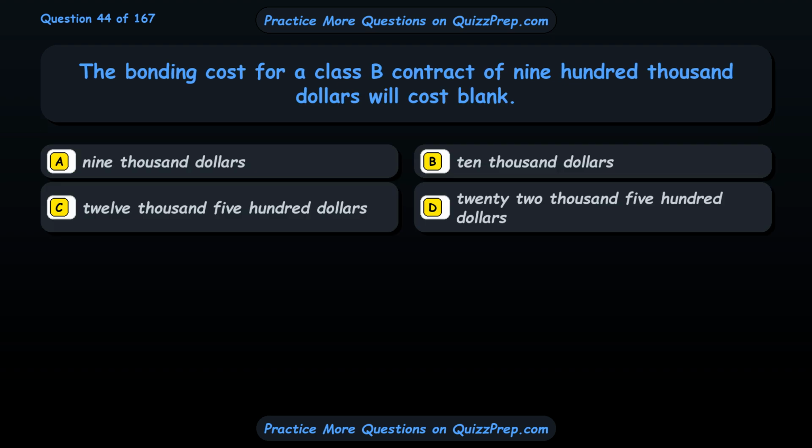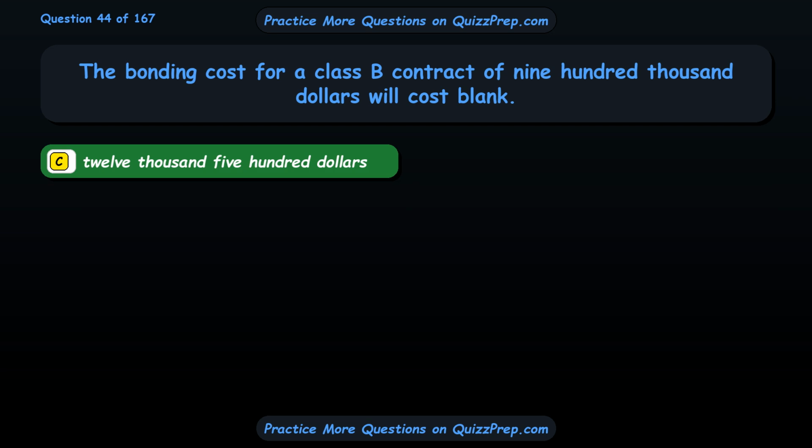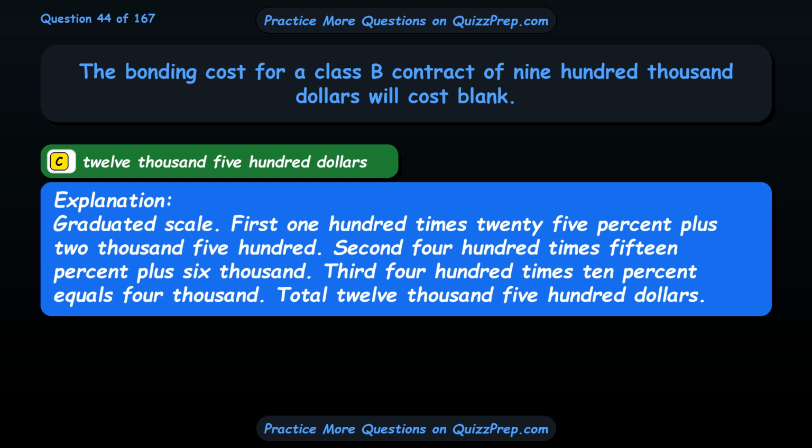Question 44. The bonding cost for a Class B contract of $900,000 will cost blank. Option A. $9,000. Option B. $10,000. Option C. $12,500. Option D. $22,500. The correct answer is option C. $12,500. Graduated scale. First 100 times 25% plus 2,500. Second 400 times 15% plus 6,000. Third 400 times 10% equals 4,000. Total